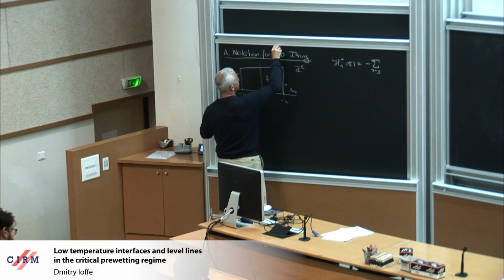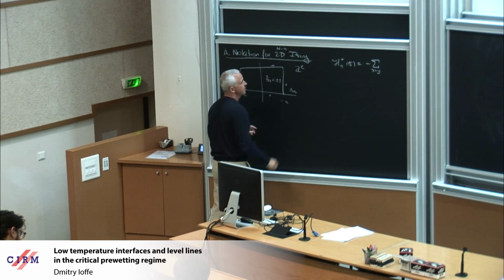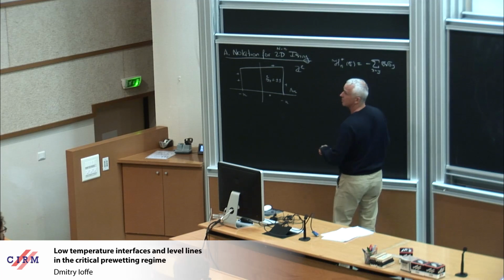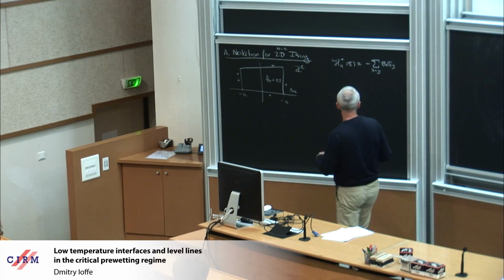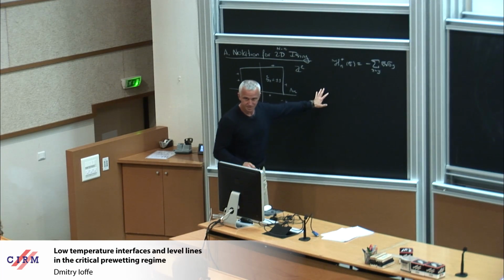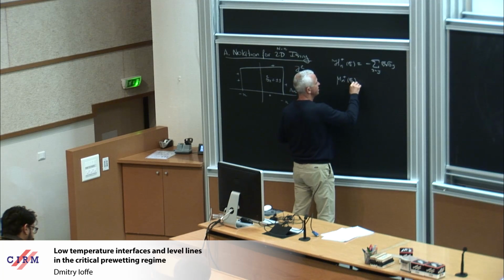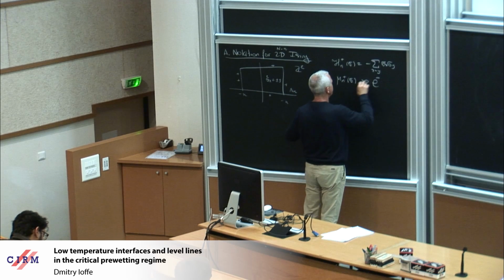So the model will be always nearest neighbor, sigma x sigma y. And from this Hamiltonian I construct the measure